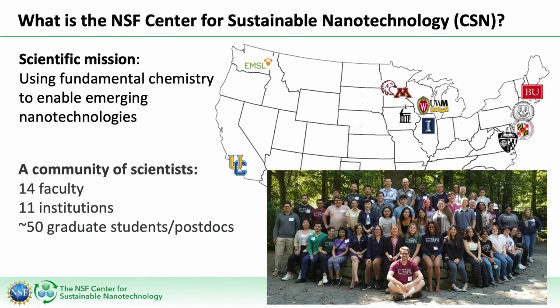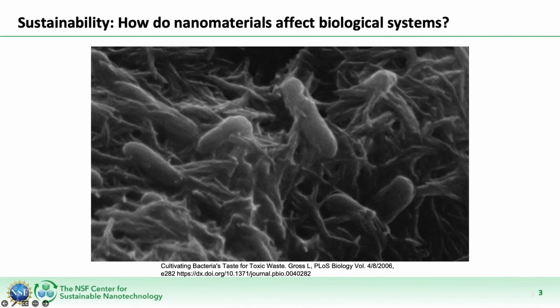We are now in year 8 of a 10-year grant, so there have been literally hundreds of amazing projects and papers exploring the chemistry side of sustainable nanotechnology from our center. As Jim and Samson already alluded to, there is a huge range of materials with various uses, not to mention all the variables within those materials of size, shape, coatings, and other factors with every nanoparticle. But I'm going to give you just a little glimpse of a few recent projects within the CSN to just whet your appetite a little bit about sustainable nanotechnology.